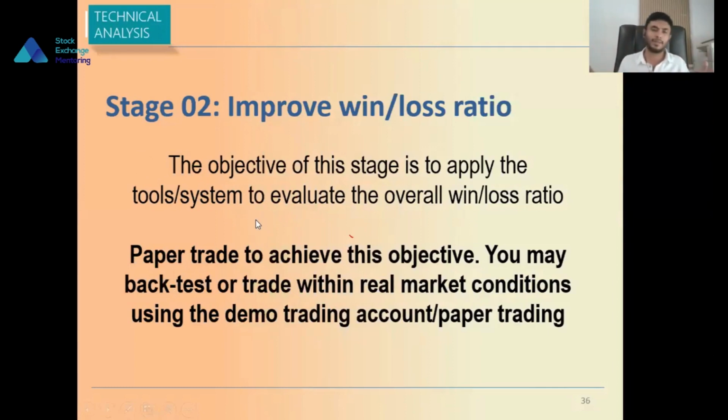So let's say you are making 10 trades, and out of those 10 trades, 5 or 6 are profitable, so your win ratio is improving and your loss trades are only 4 or 5. If you can manage the risk of those 4 to 5 trades and maximize the profit opportunity of those profitable trades, you become a net profitable trader. I am not saying that there will be no loss-making trades. Definitely, as a trader, you will have loss-making trades.